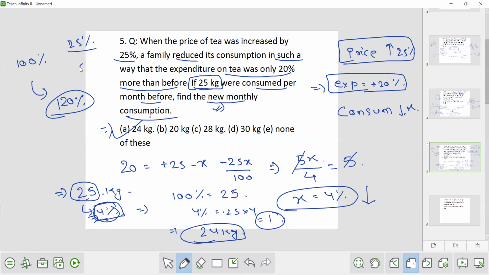This was a very nice question. Here, all the concepts of equivalent change as well as percentage have been used in this single question. So if your concept is crystal clear, you can solve such a question within 20 to 30 seconds. It will not take more than this. Here I am explaining the entire part, that's why it's taking 1 or 2 minutes. But when you have learned these concepts, it will barely take 20 to 30 seconds to solve this question.